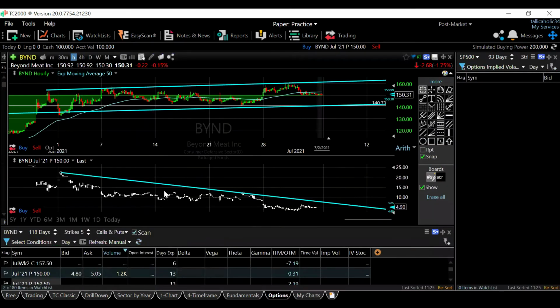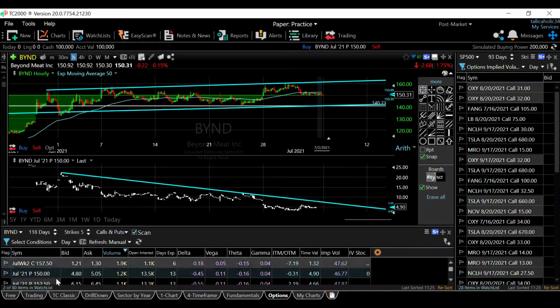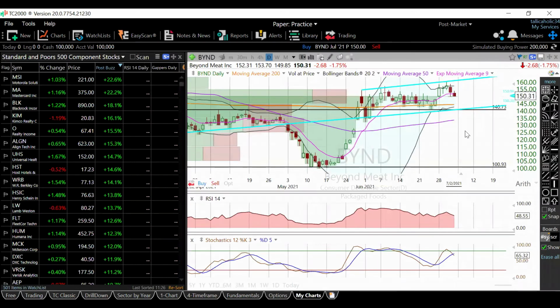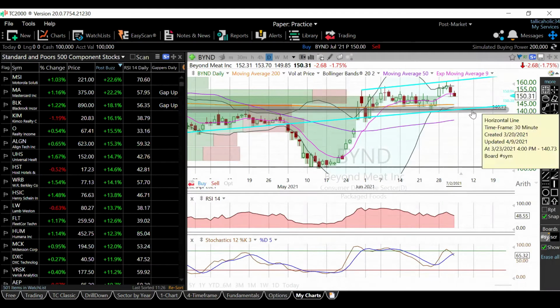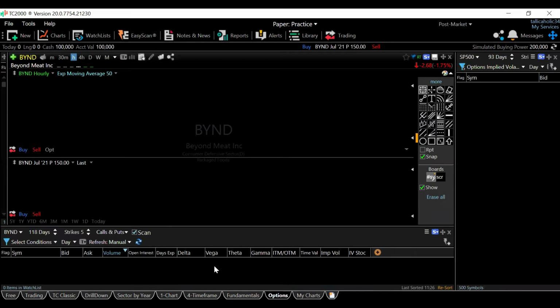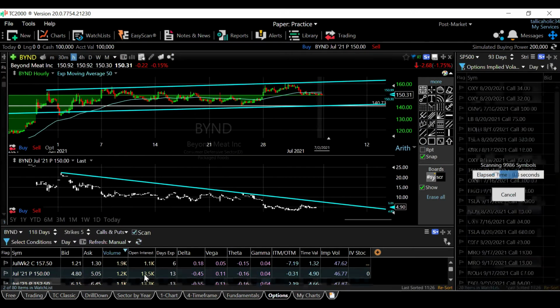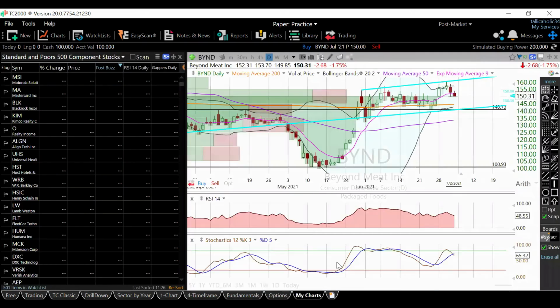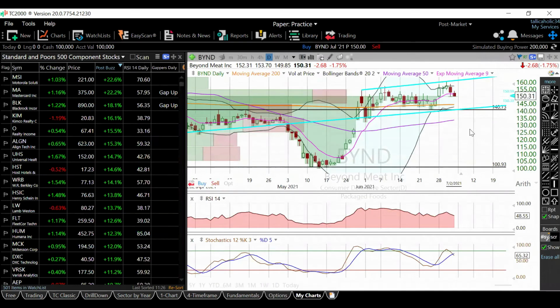Interesting to note on our options here, really the most volume you had was on these July puts, the 150 puts. So those are at the money puts. And you can see here that we've been creating this nice downtrend on your option. We're kind of consolidating. It looks like we flattened out right here. So we should be breaking up to the upside. That in turn would kind of tell you, hey, guess what? We're going to come back down here to the 140s. And that's just going off the options that were traded on Friday. So that's where everybody was at. They were all on the puts there on the at the money side. And that's for your July monthlies.